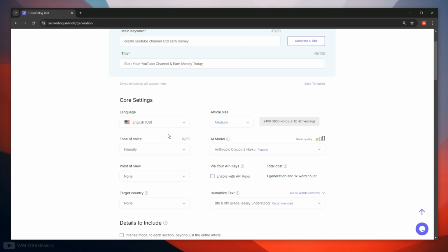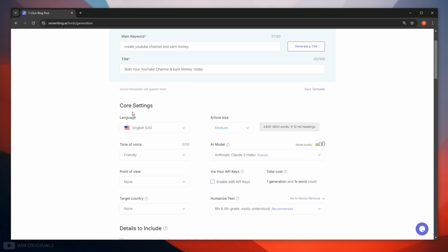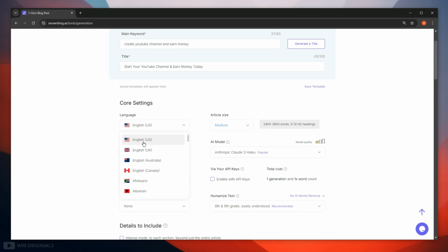Now once we have a title ready, we can move to core settings of the blog or article. Like we can choose language. SEOWriting.ai supports many languages, so we can generate articles in any language we want to. Simply choose one as per your requirement. I am selecting it to be English. Next we can choose article size, which can be X small, small, medium or large. Let's select it to be medium, which will be of 2400 to 3600 words, and there will be 9 to